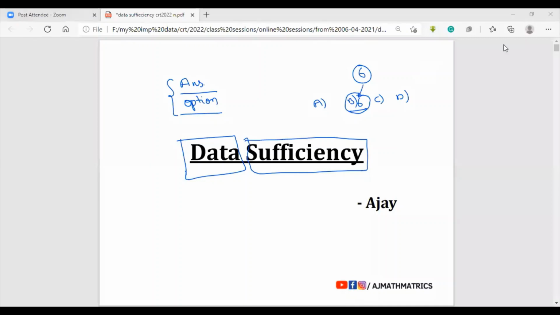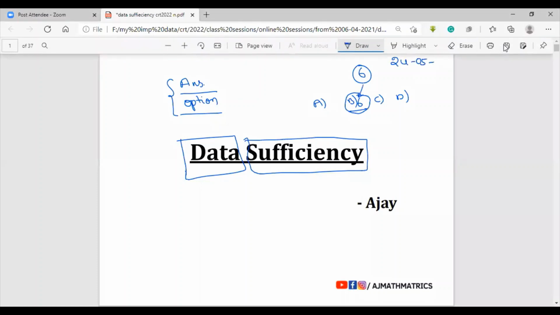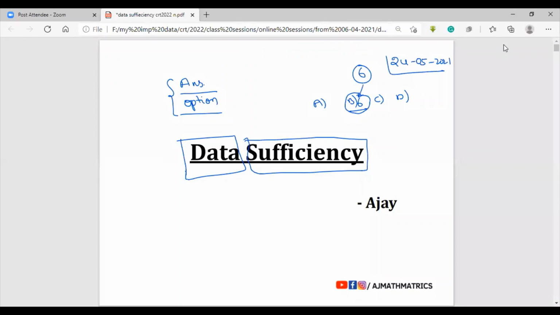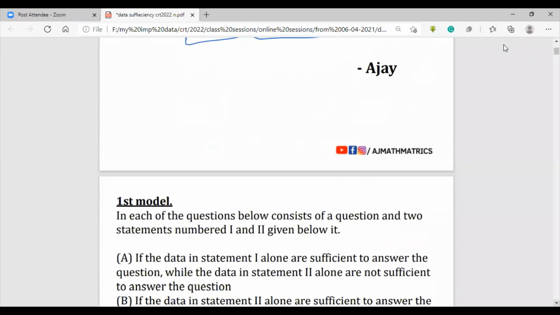Be clear. After finding the answer, you may not find the correct option. Sometimes, without knowing the answer, you can still find the correct option for the question. That is purely about your logical thinking. That's what I can say. Okay, now come to the first slide.